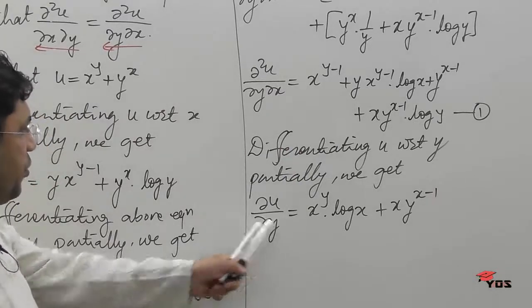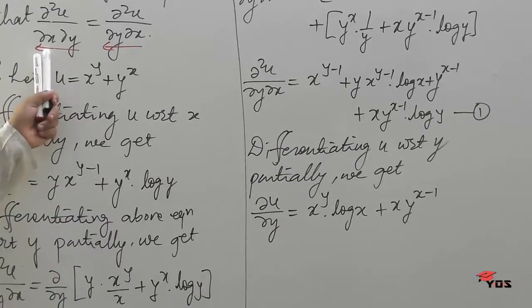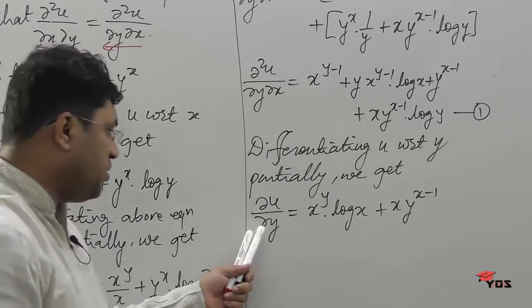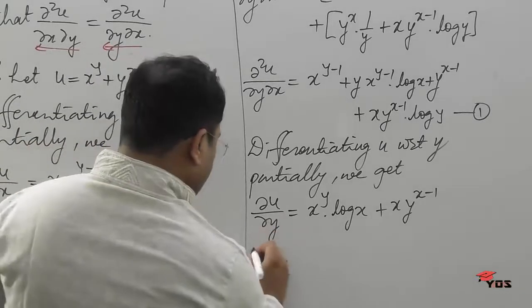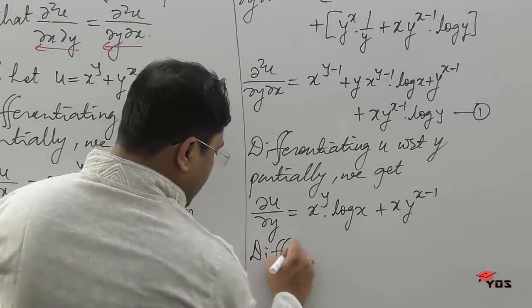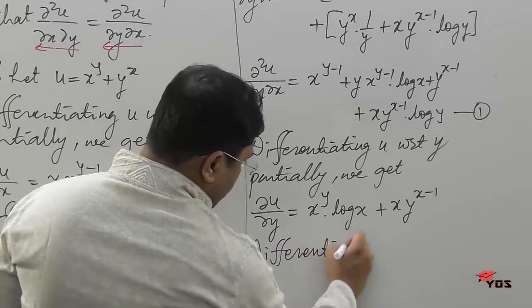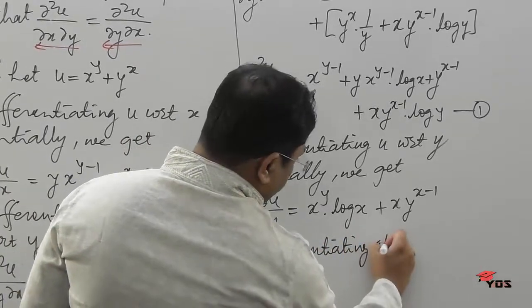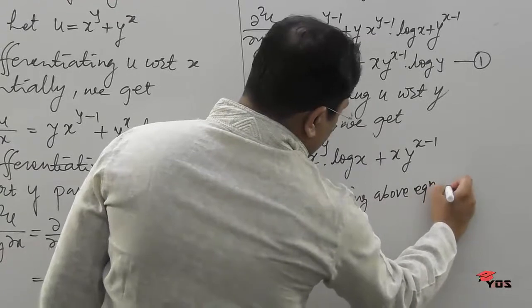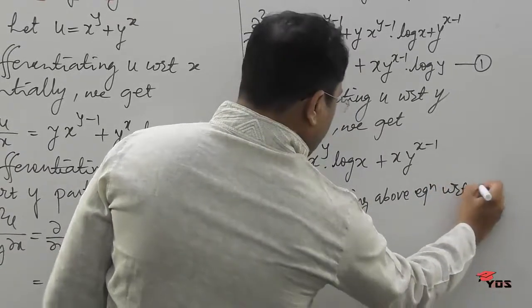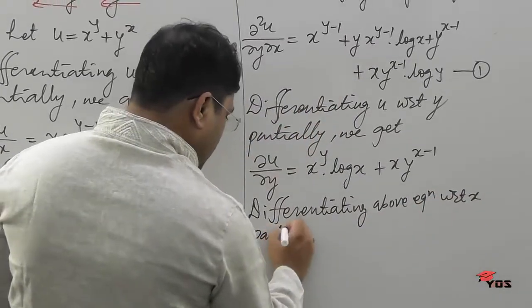Now after getting this derivative, we want to differentiate this derivative with respect to x. So let us differentiate this derivative with respect to x. So differentiating the above equation with respect to x partially,